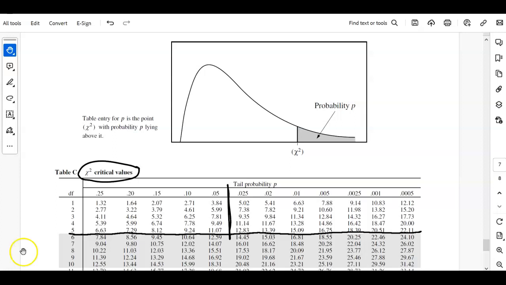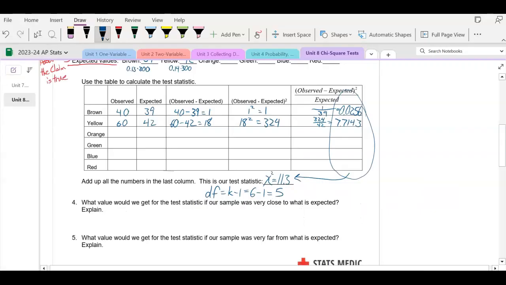Because 11.3 is between the 11.07 and the 12.83, our p-value is somewhere between 0.025 and 0.05. Because we want to be a little more conservative, we're always going to defer to the higher p-value. So we're going to use 0.05 for this p-value. So from table C, the p-value